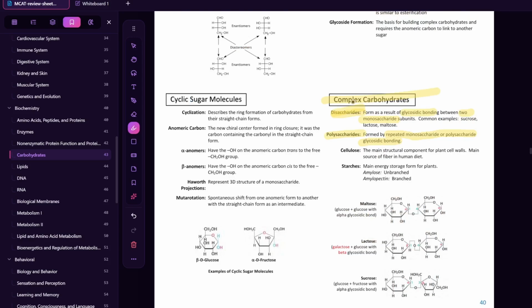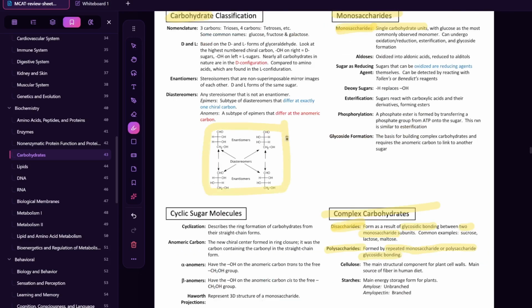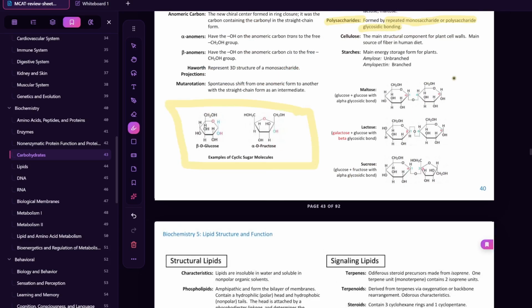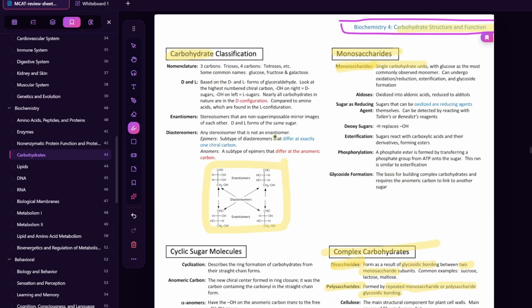It would help to know organic chemistry because these diagrams will look a little more understandable, but you can just think of these as molecules connected to each other. In classification for carbohydrates, for the nomenclature, you have 3 carbons, which is triose, 4 carbons is tetrose, and so on. So you have names for them, and there are also common names, which you have to know. You don't need organic chem to do that, but it will help you with understanding D and L,